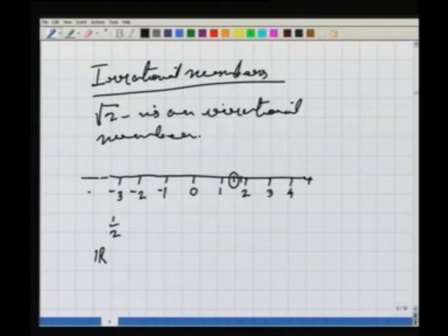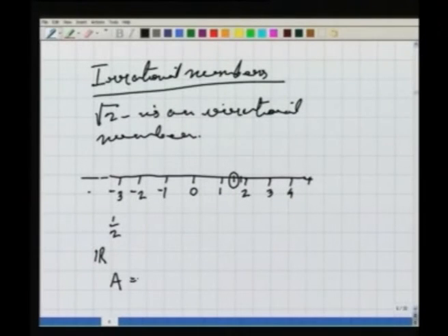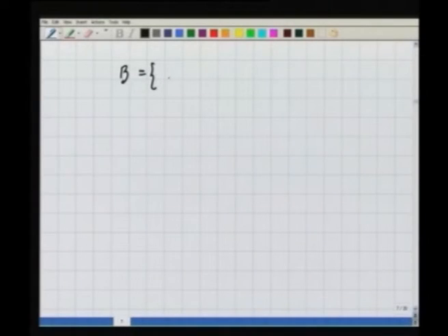Well, let us see some more necessity. Why should we have irrational numbers in the set of real number systems at all? Well, let us look at this problem. I define a set A. It is the collection of all rational numbers r which satisfy the property that r square is less than 2. I also define a set B which is given by all rational numbers r such that r square is strictly bigger than 2. Well, the question I ask is,